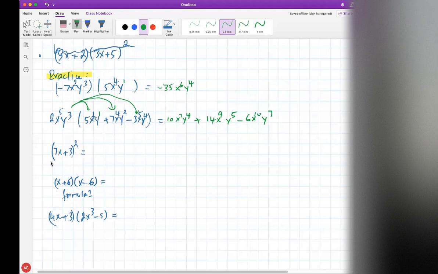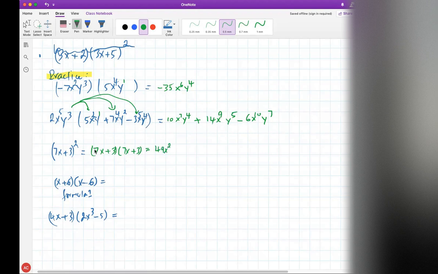What should we do first? It's going to be 7x plus 3, squared. Okay, so let's break it down first. We break it down, basically times it by itself, and then we're going to distribute it, using the distributive property or the FOIL method. It's going to be 49x squared plus